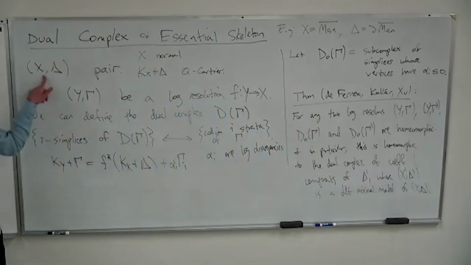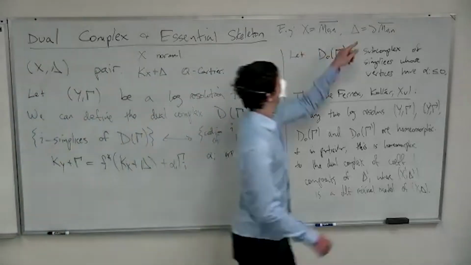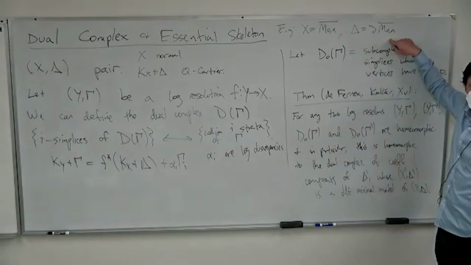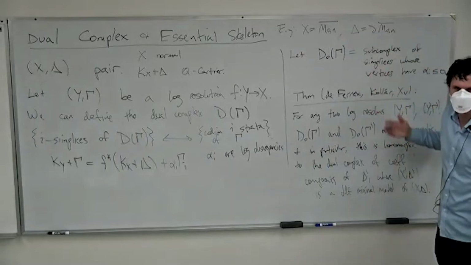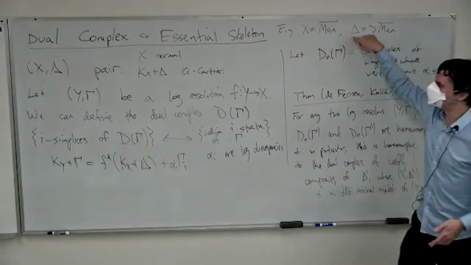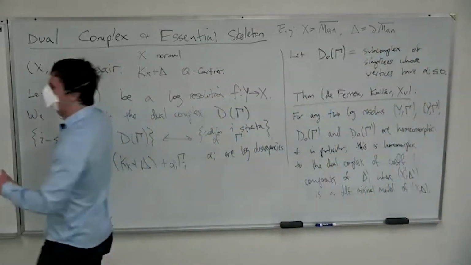Oh, well, if this original guy was KLT, they'd be positive, but I'm not saying this is KLT. In general, this might eventually be quite singular. That's getting a little bit ahead, but in this case, where delta is just straight up the boundary of something, then this is not KLT just because the coefficients are 1. So here, if x delta is just a nice normal crossing pair,